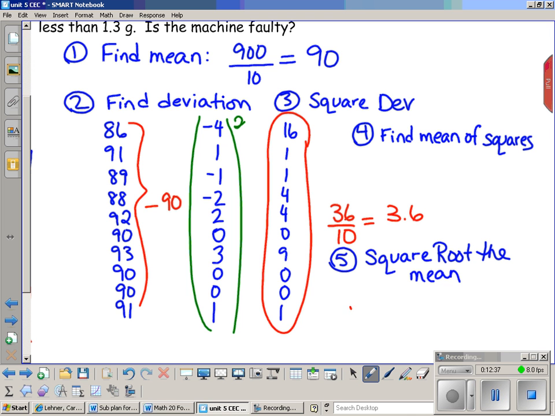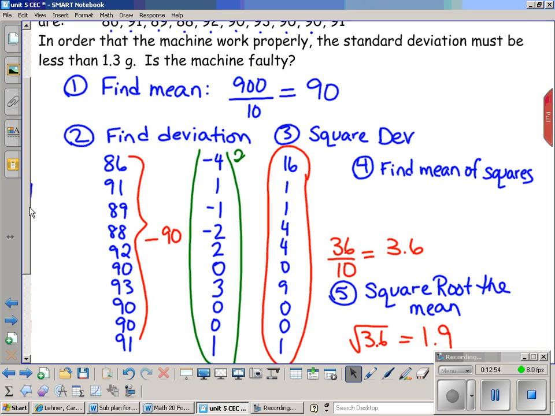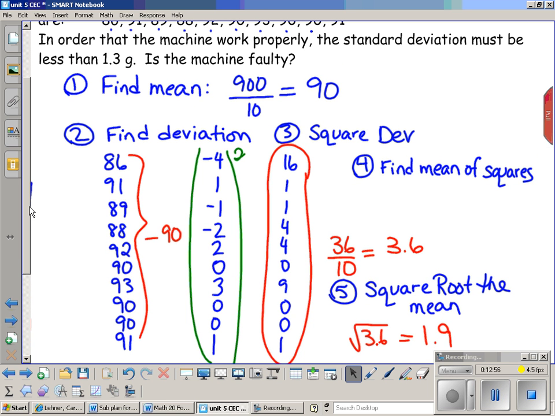So we're going to take 3.6 and we are going to square root it. And we get 1.897, so approximately 1.9. Now what the question asked us was, the standard deviation had to be less than 1.3